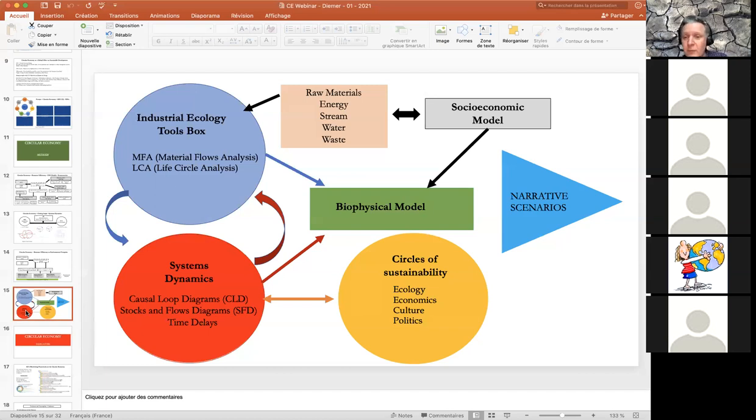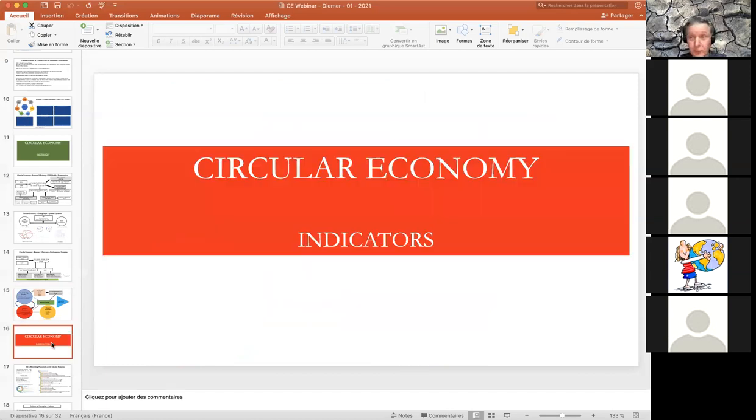And we have to imagine what could be the scenario. And I start to believe that when you build indicators, you need to involve scenarios in the indicators. It's not something separate. Scenario has to be connected to indicators. So when you do this, you can start to talk about indicators. You can start to try to understand what we're talking about.